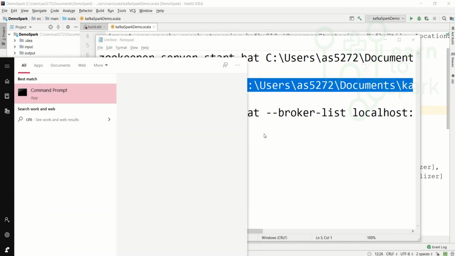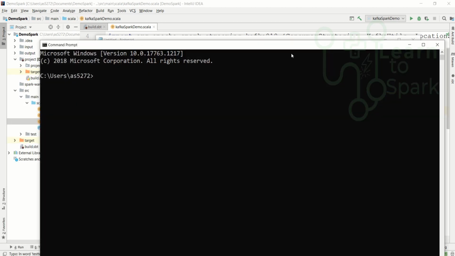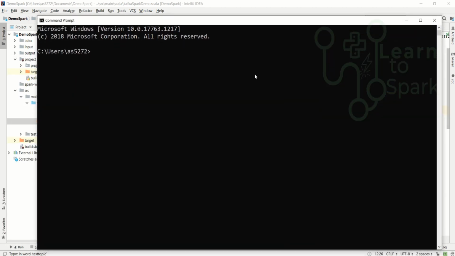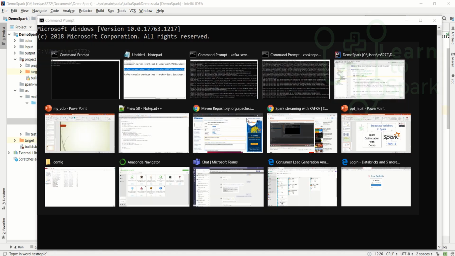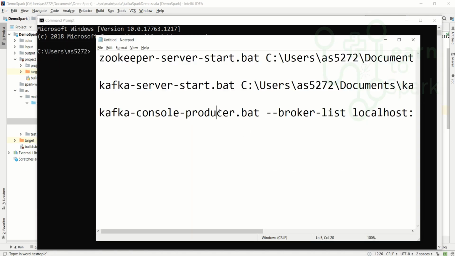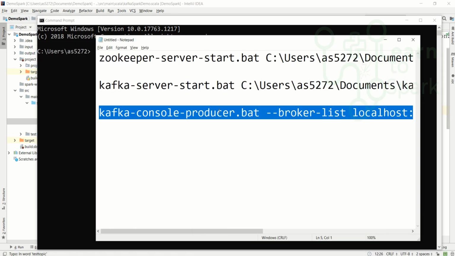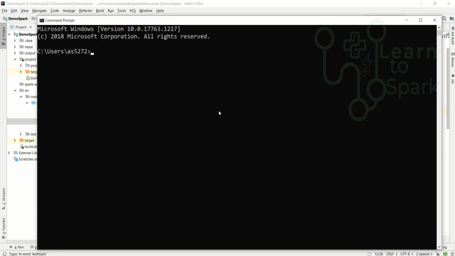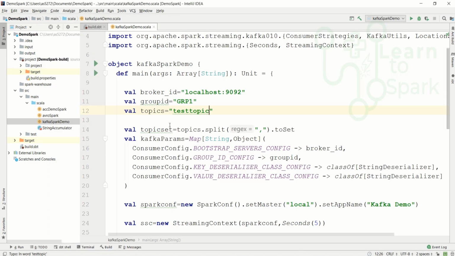Let me open another command prompt. Here we will initiate our console producer. We are giving broker list as localhost 1992 as we gave that, and the topic is test topic. Let me run this, and before typing this, let me run here as well.